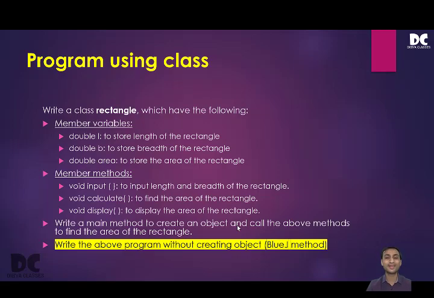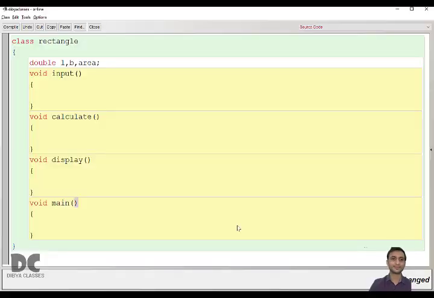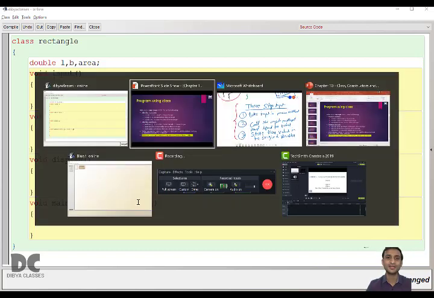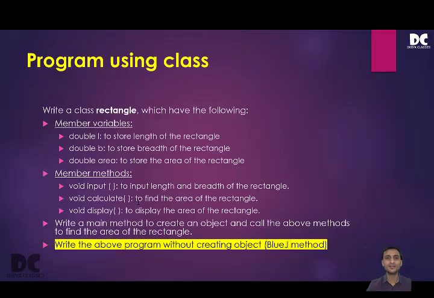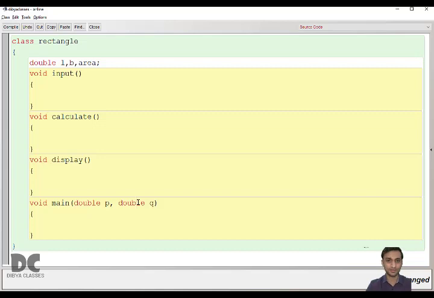So what we'll do now, we'll take input in the main method. So let it be double P and double Q. Okay, so you have taken input. Then after taking input, the second step is to call the input method. Means the method where you actually have to take the input. So in this question, actually you have to take the input in the void input function. So you have to call it and give the values to it.